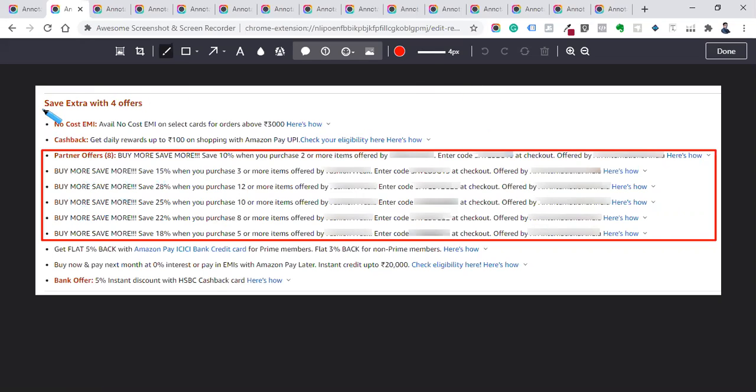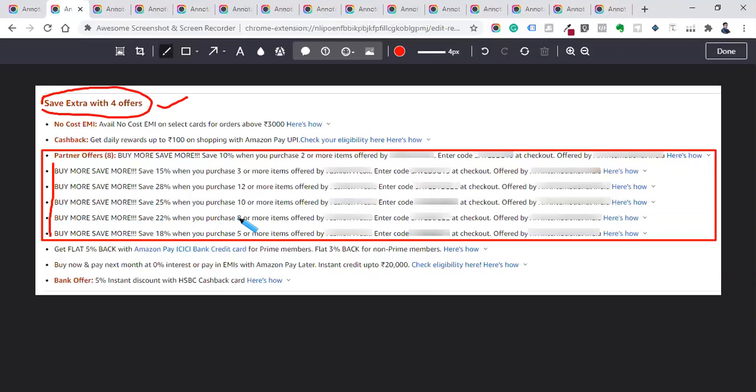Below the bullet points you will see a section called "Save extra with these 4 offers," or it will say something like "Product promotions." Sometimes Amazon is testing this title recently, so you may find any title here. Below that you can set up any number of promotions like this. These are also called promo stacks. If you have a stack of this many promotions on your product detail page, it is really very hard to skip this part.